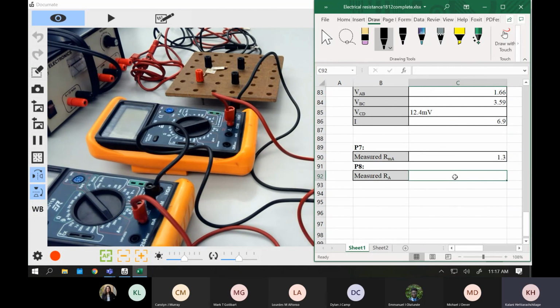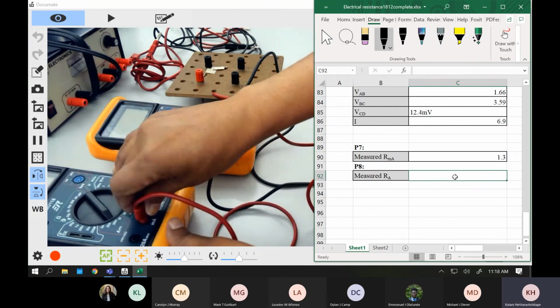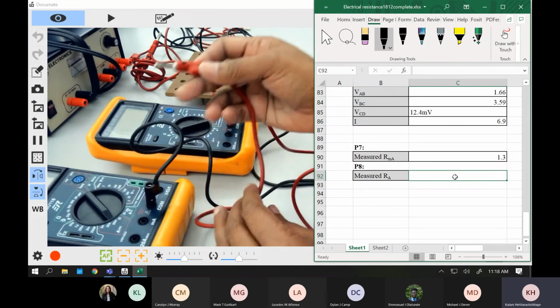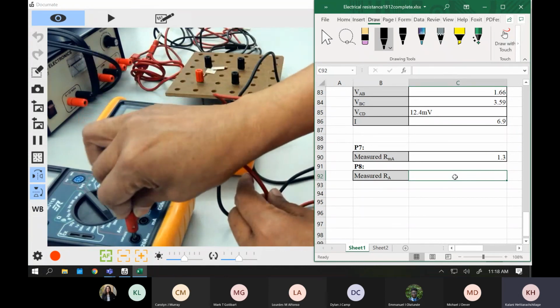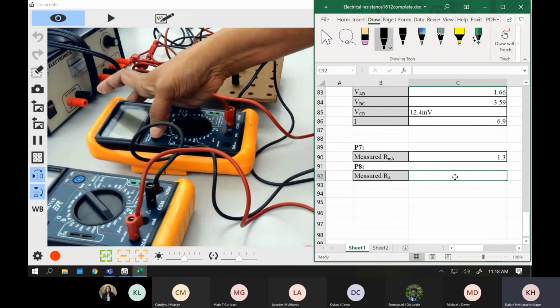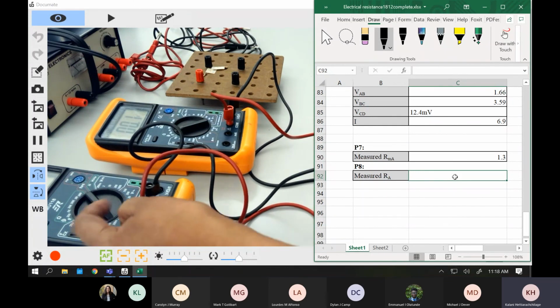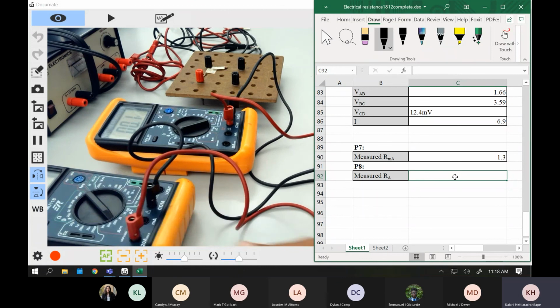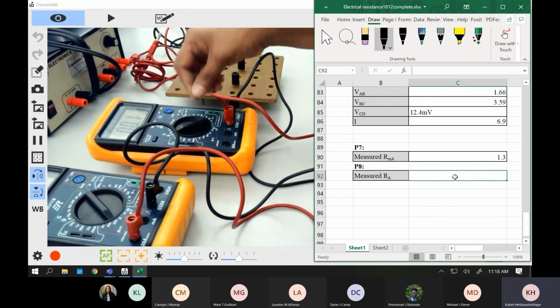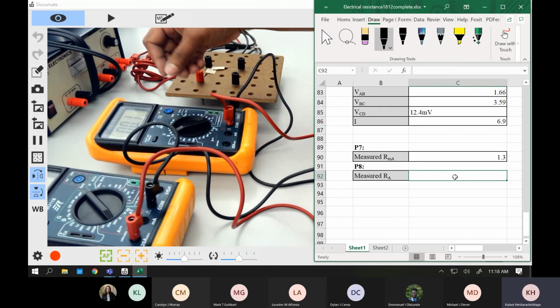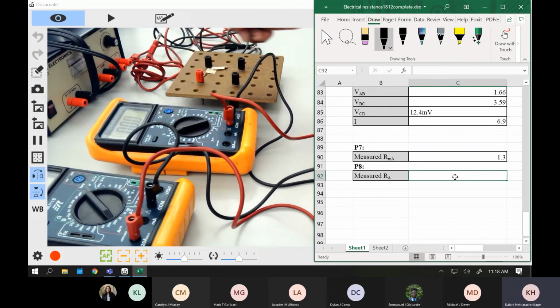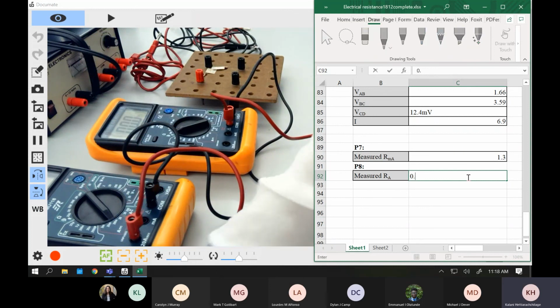And then we need to measure the internal resistance when you use the amps. You remember that we use the amps for the light bulb. So you take the milliamps and connect into the amps and then take the resistance again. It will be a very small number. So if it is 0, you can type 0. If you have a very small number, you can still type it. So let me see that I have 200. Yeah, they are all big numbers. So 0.01, that's what I have, very small resistance, 0.01, 0.1, 0.1.